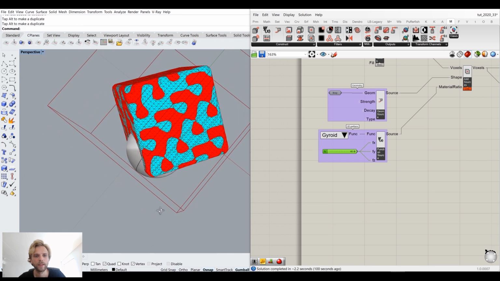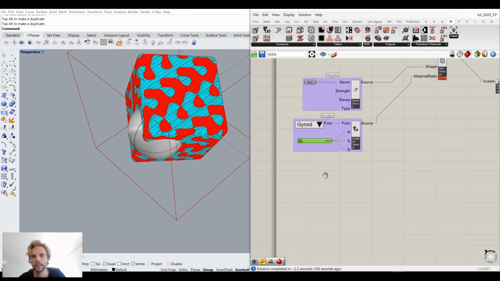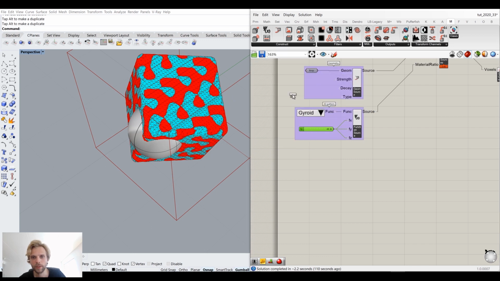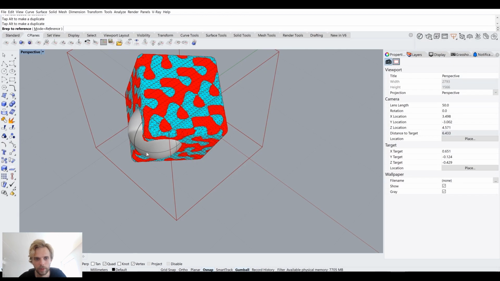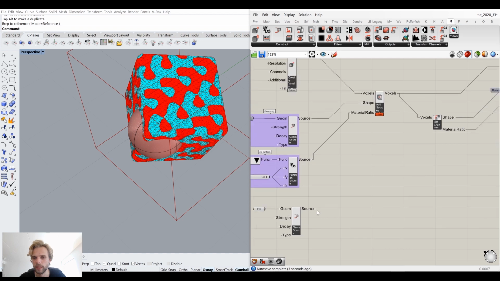Sure. So we have a sphere here, and let me create a geometric source. Again, construct geometric source, brep. So select my set1 brep, select the brep, connect it to geometry. So now I have my sphere as a source, and I can actually use it as a material ratio, for instance, and